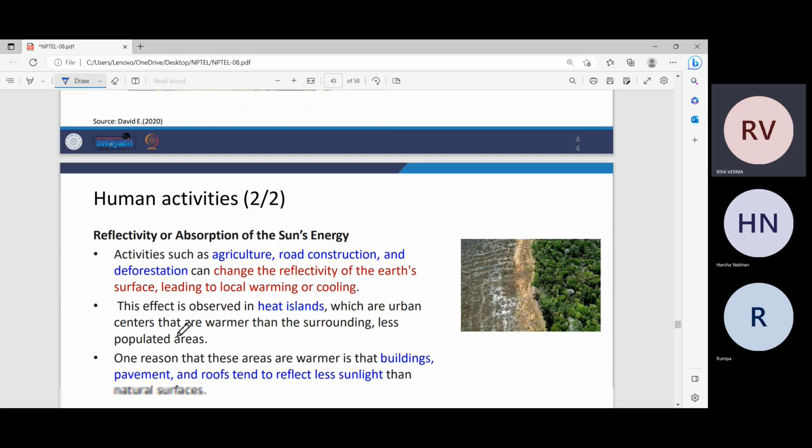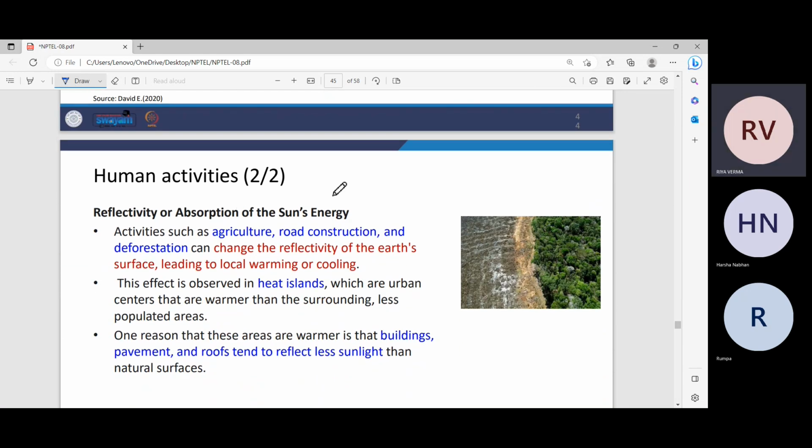Then, the activities that affect the reflectivity or absorption of the sun's energy. What are the activities that tend to affect the reflection or the absorption of sun's energy? First one is agriculture or road construction. These activities change the reflectivity of the Earth's surface, and it may lead to local warming or cooling,